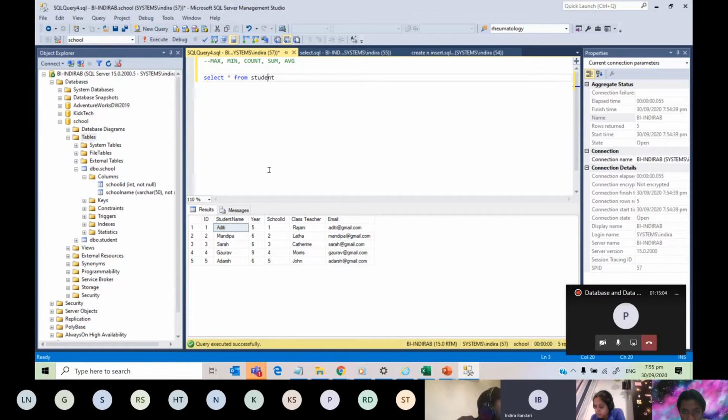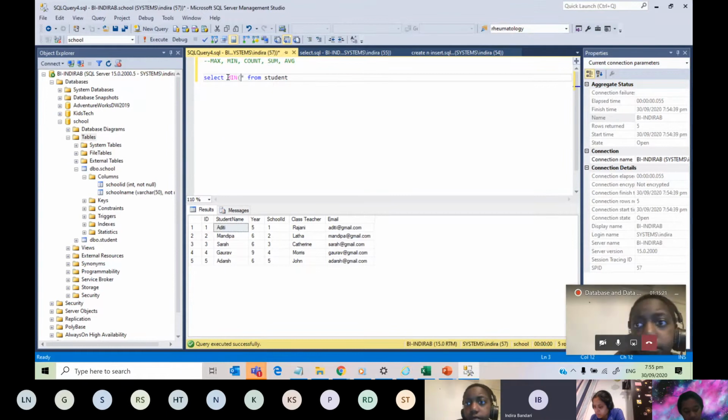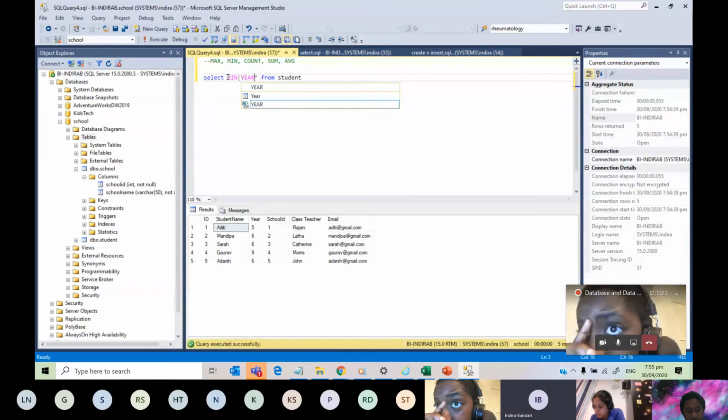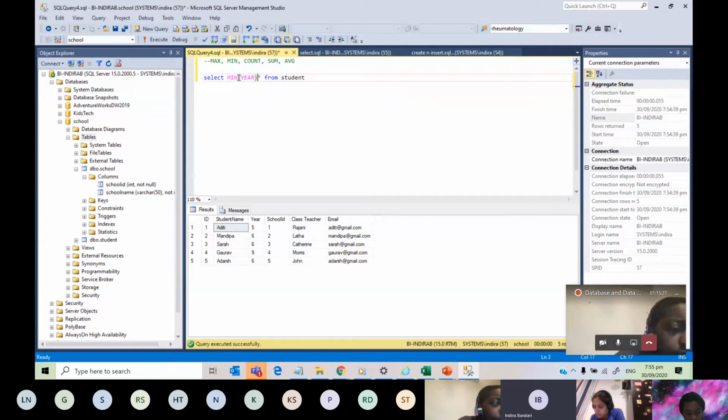So which are the columns that we can use this on? ID, year and school ID. Okay, let's find the minimum of year. So you have to use it this way, because min is a function.